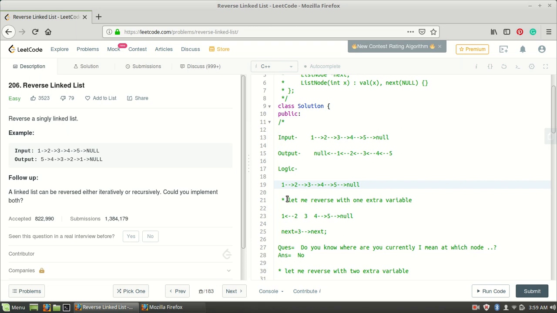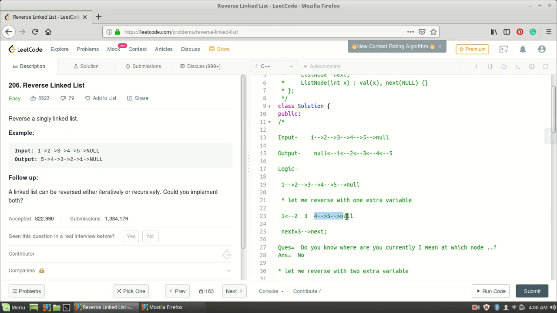Let us think that you only have one extra variable and you want to reverse this particular linked list, right? You are told to reverse this linked list using only one extra variable. Let's think that you already have the reverse from here to here,